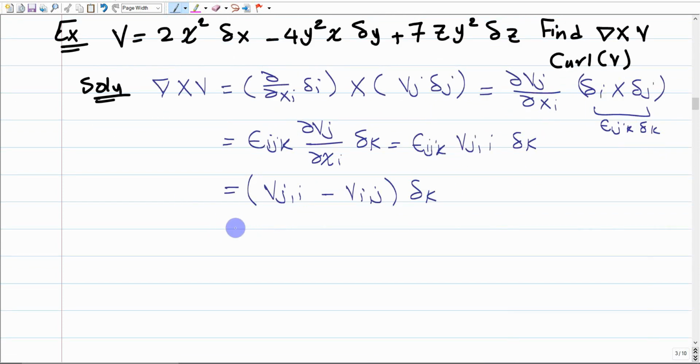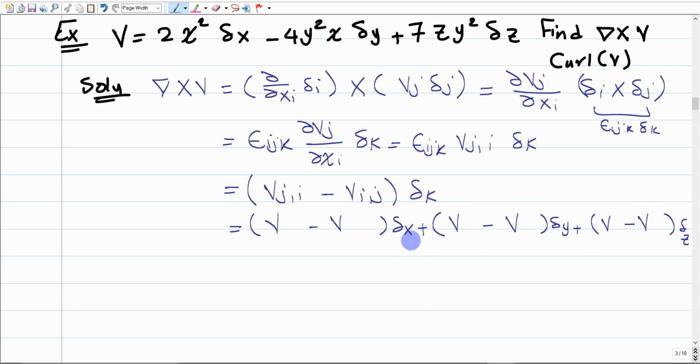So what next? How about if we write this one in the expanded form? We have three brackets, one term over x as the x component, another term over y, which is the y component, and the third term over z, which is the z component. For each we have V negative V. For the x component, since we have x, what comes after the x? It should be y comma z, because we use the other two indices, x, y, z,